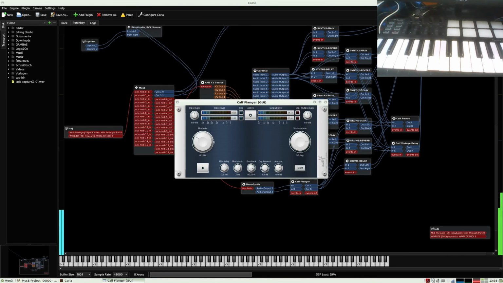Now car flanger and change the min delay.